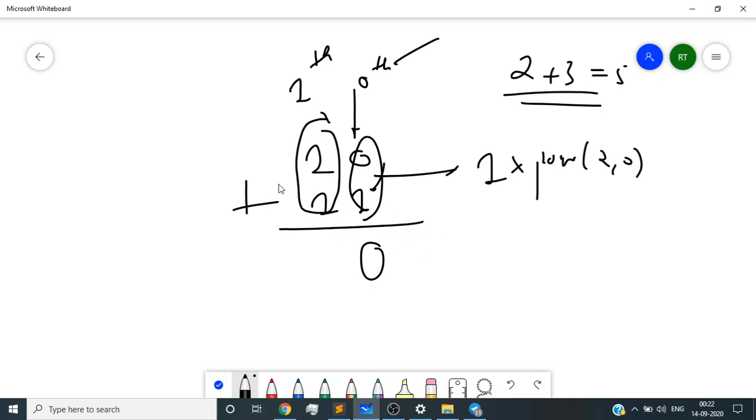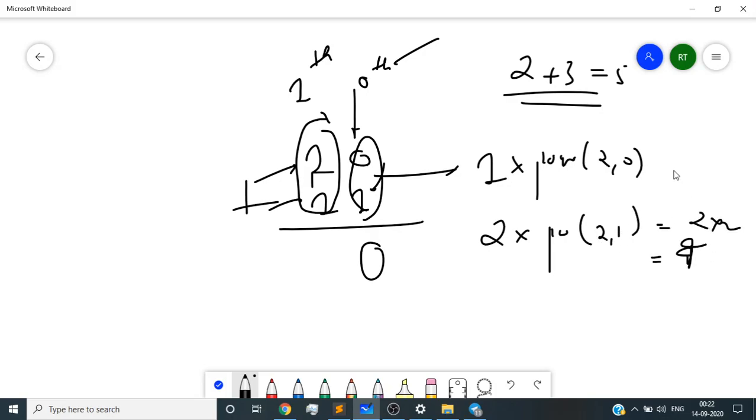So I'm going to find this. The occurrence of 1 in this scenario is 2, and the value of this particular line is 2 to the power 1, which is 2, so 2 into 2 is 4. Now our total sum is 4 plus 1, which is 5, the same. So this is the way in which I am adding these two binary numbers. It will help us later to understand the problem.